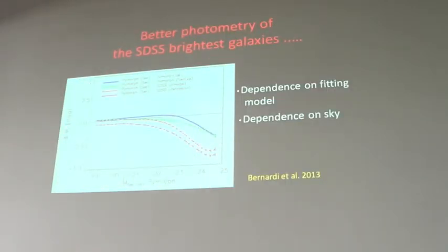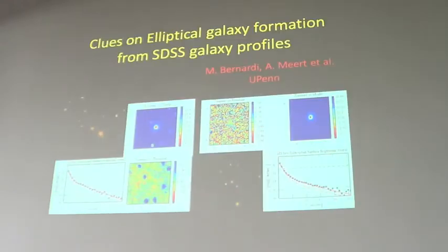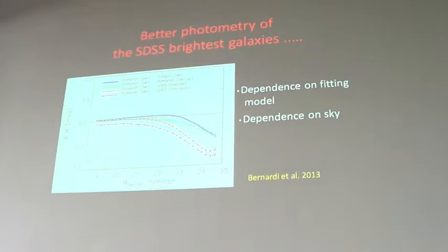Okay, so today I will show some results that we obtained using the Sloan Digital Sky Survey, but with the new photometric reduction. This work is mainly in collaboration with my student, Alan Mertz, who has done the big work on this. So it has been known for a while that the Sloan photometry is affected by sky